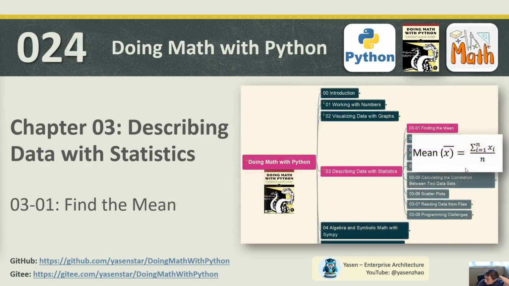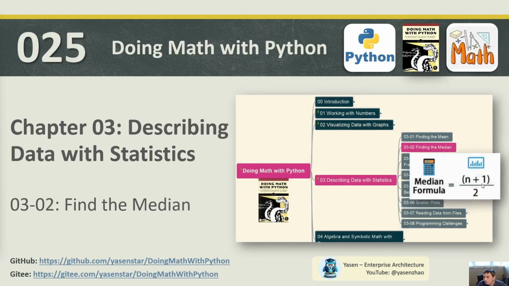Compared to the last video, when we talked about the mean, which is the sum of all the numbers in the list divided by the number of elements, the median is the middle value of your numbers. They are used in different formulas and also serve different situations, which I described